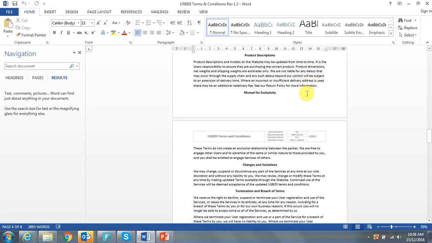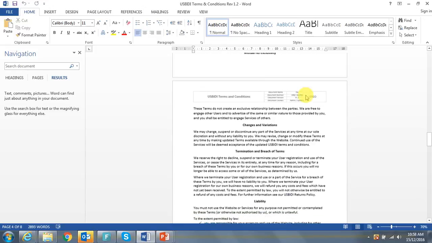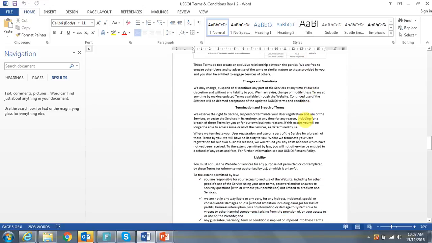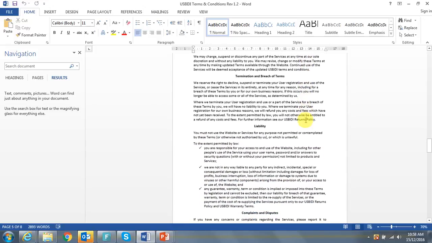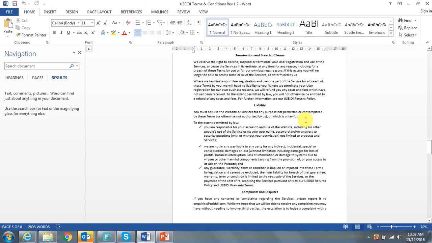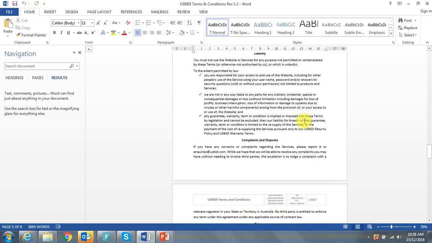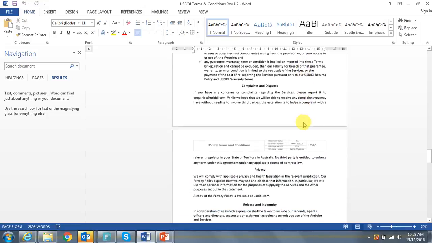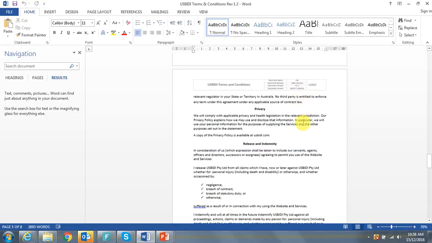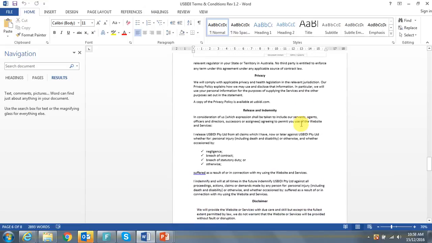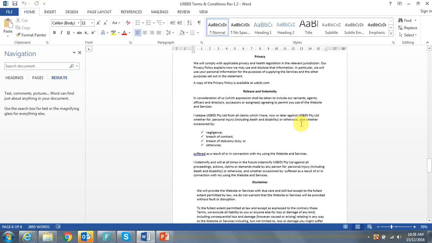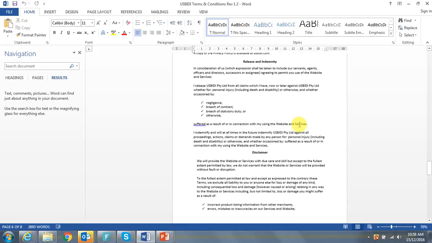any commissions you need to disclose if you will be talking about those, product descriptions, mutual no exclusivities are important, talk about changes and variations, termination and breach clauses, what exactly will happen and when, liabilities are an important area to cover, complaints and disputes, what happens if something goes wrong or needs to be debated, privacy terms,